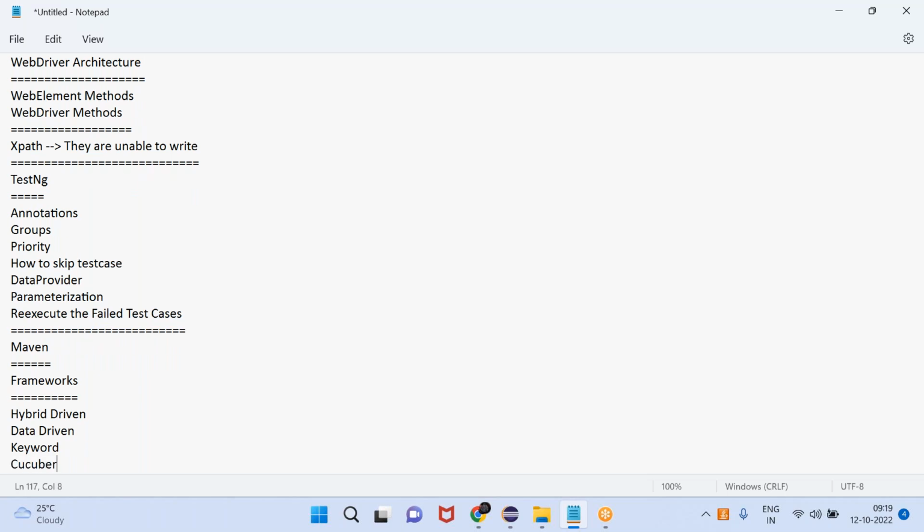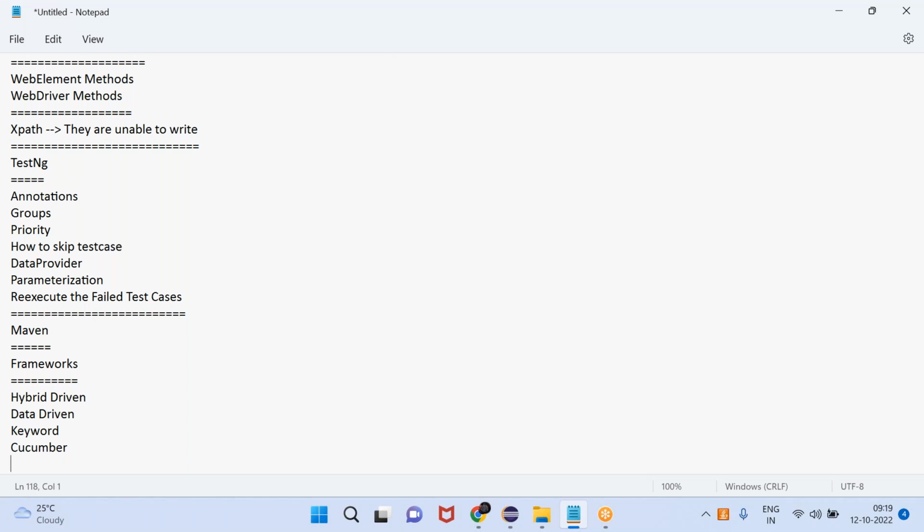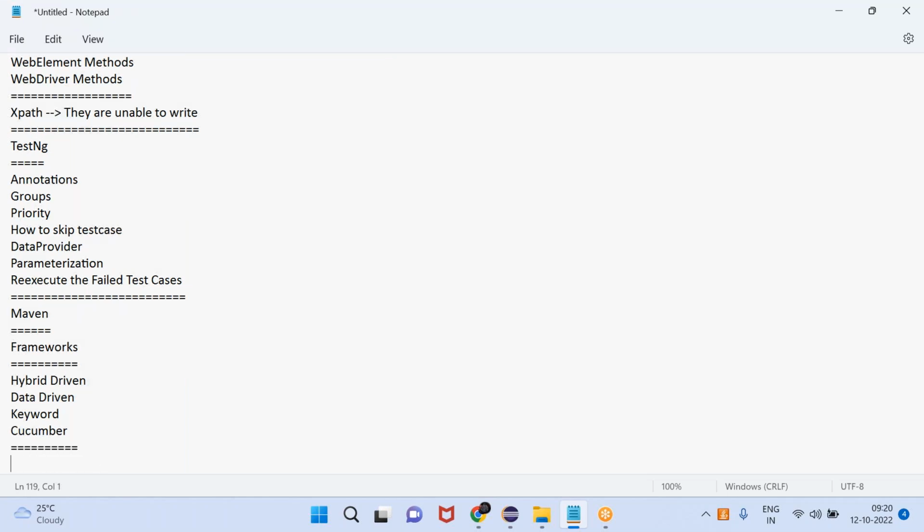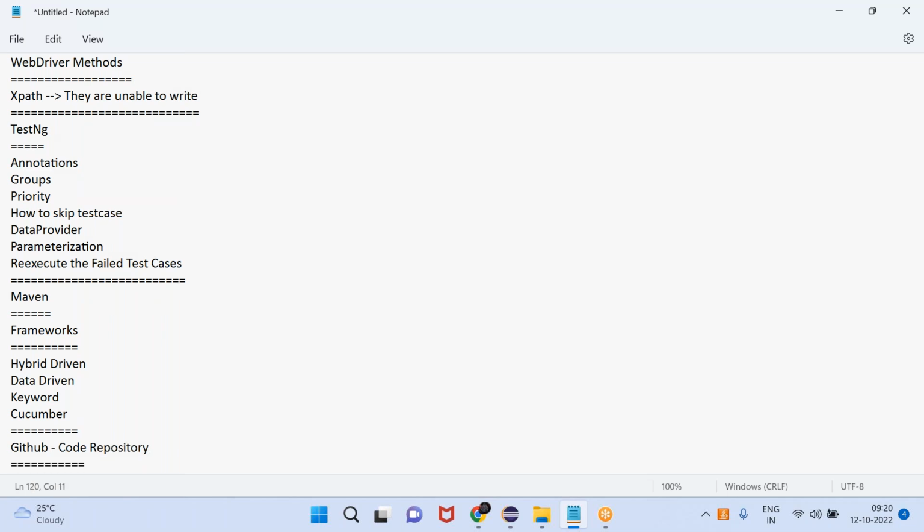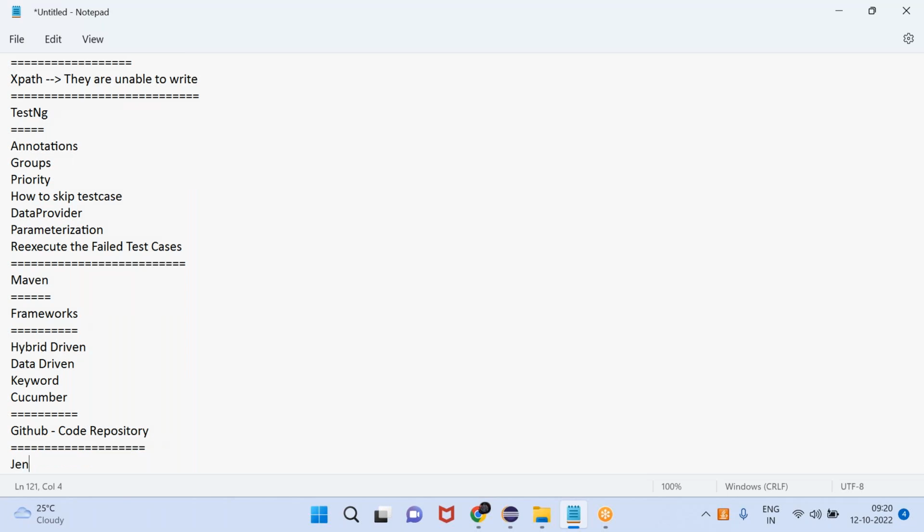Nowadays, Cucumber is popular. And Ravi, they are asking for CI/CD also. Yes, Jenkins, GitHub. GitHub for code repository